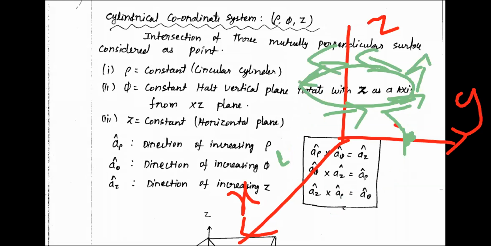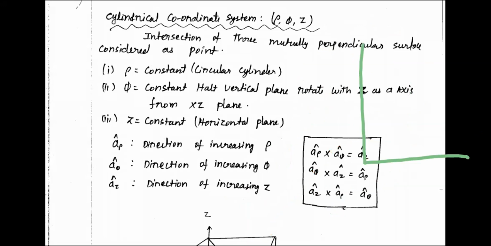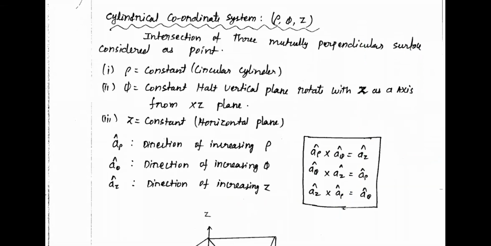Okay, pi means measurement of what? Pi is the angle measurement from the xz plane, not from the x. It is from the xz plane. Okay, that is the idea. Now z is very simple. Increasing direction of z. If it is a z point, then you can increase. If it is a point, then this will be the z cap of that point. Direction of increasing z. Okay.